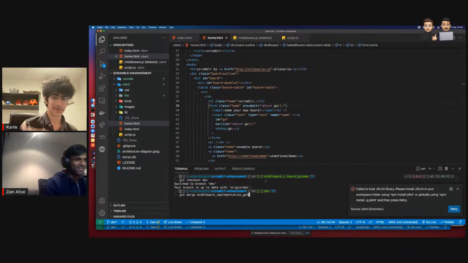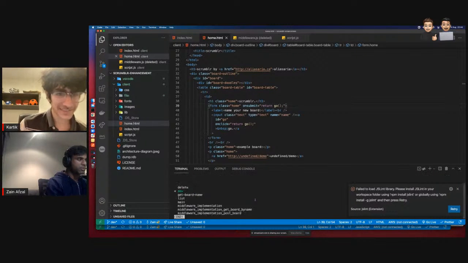Implementation is a really big word for that. Yeah, it is a big word. Can you tell me the board name? Get board by name. Can you copy it? Actually, I'm going to do git branch, and that'll be easier. Copy it now.